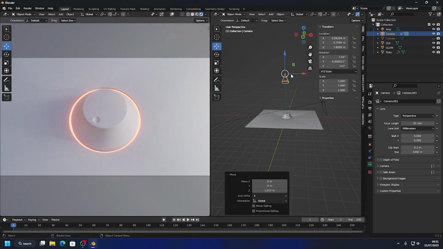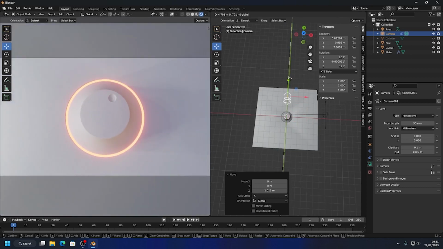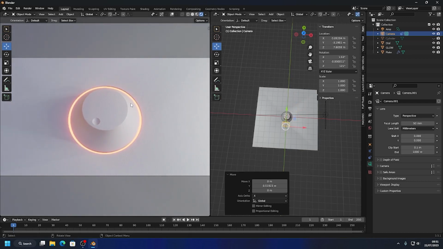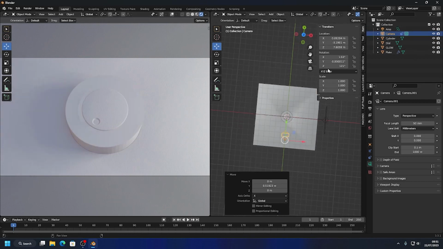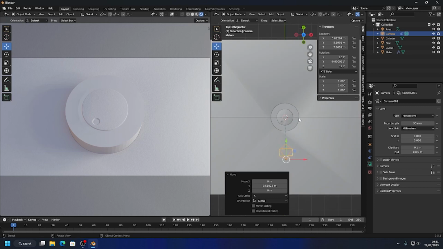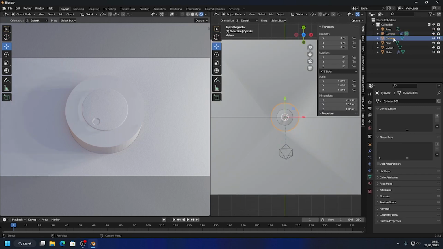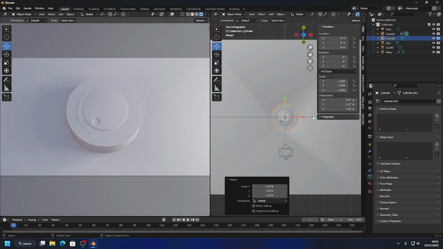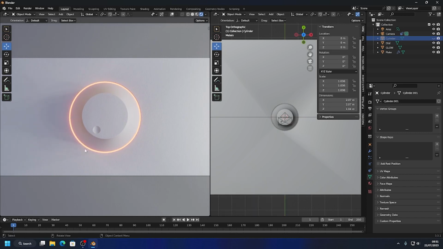Hopefully it wasn't too complicated. Like I said, it's just a cool hard thing. And like I said, like this ring here, I think I'll reveal too much of it. So where that cylinder is, I can go in here. And if I look at it from above or below, it doesn't matter. I can select this cylinder, scale this in, so turn it off, and then I have a smaller ring, and